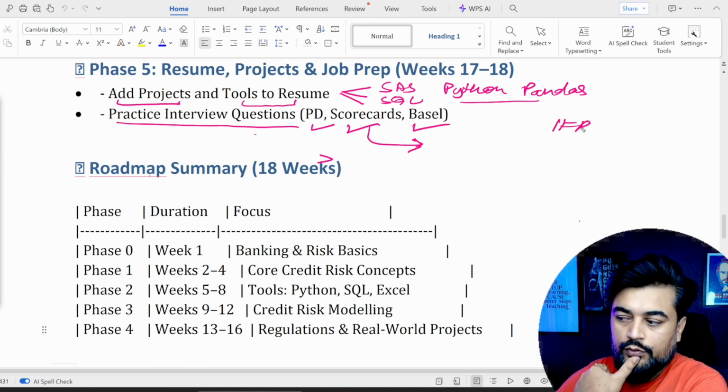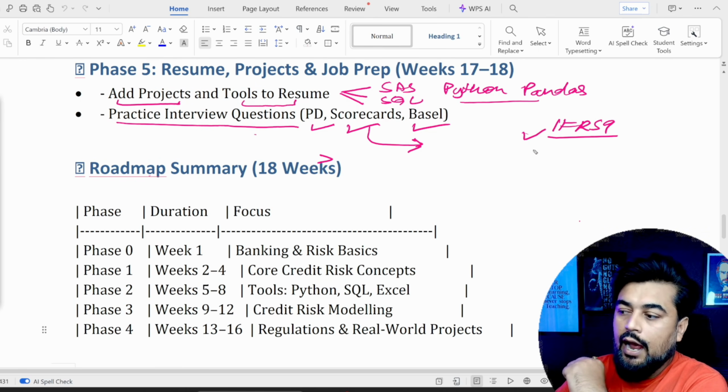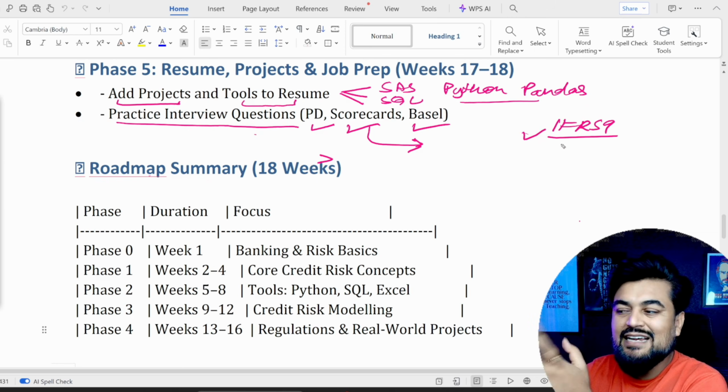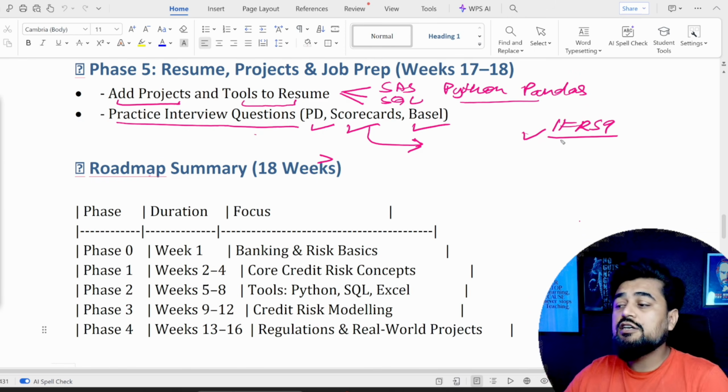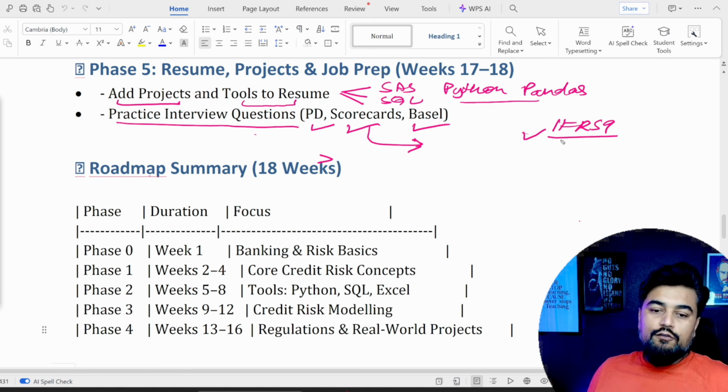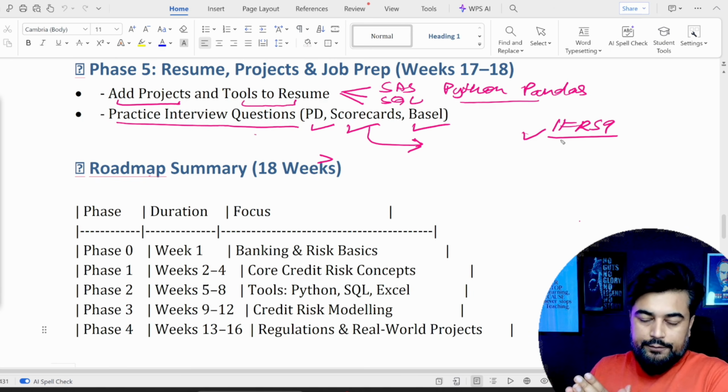And let's say you have IFRS 9. I can ask you, in IFRS 9, how many phases are there? Why is it known as an impairment model? In the first phase versus the second phase, what is the difference in the probability of default? What is the difference between the phase 3 and phase 2 probability of default? All those things we can check from an interviewer's perspective.